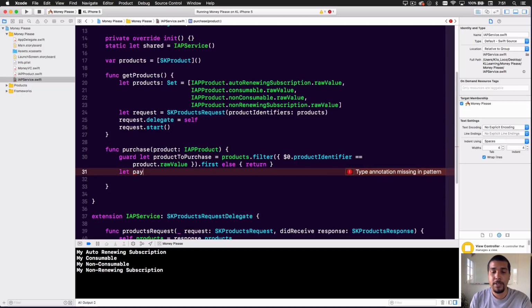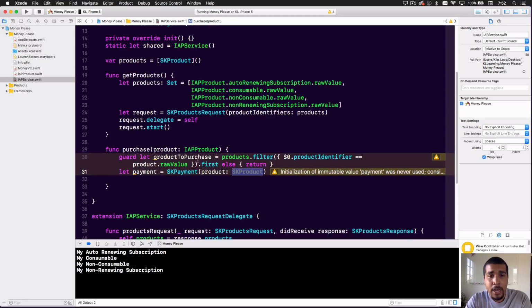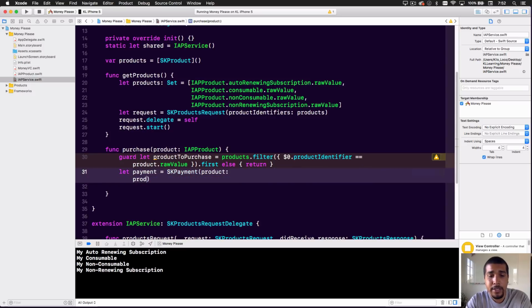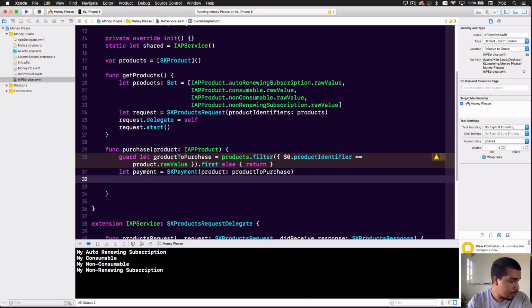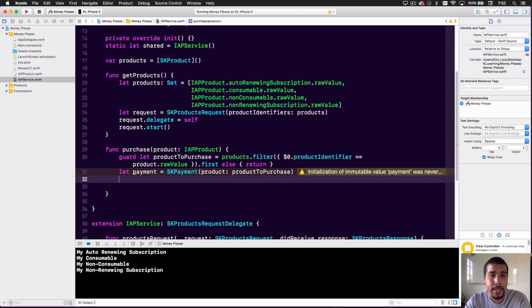Now we want to specify the payment. Not really sure why it's called payment. It's kind of a confusing name. Doesn't really have anything to do with payment, but yeah. Anyway, we have an SK payment. We're going to initialize it with a product, and we're going to do the product to purchase, right? And then once we have that product that we want to purchase, we want to say